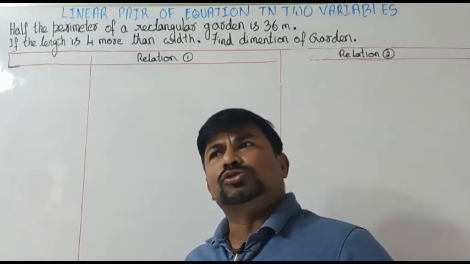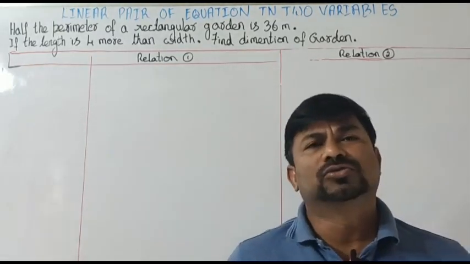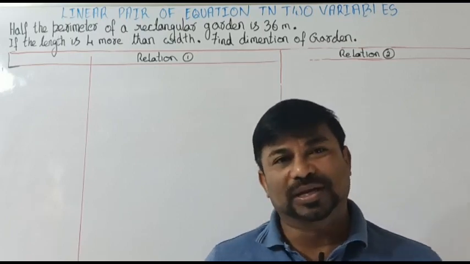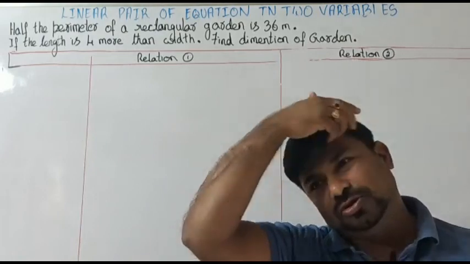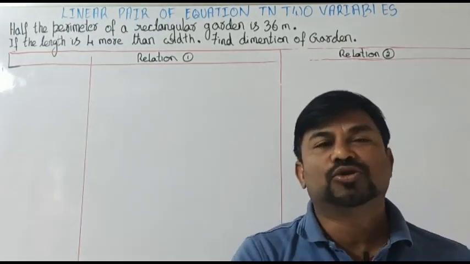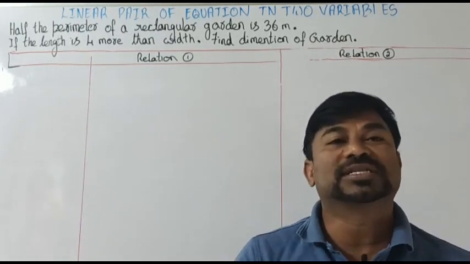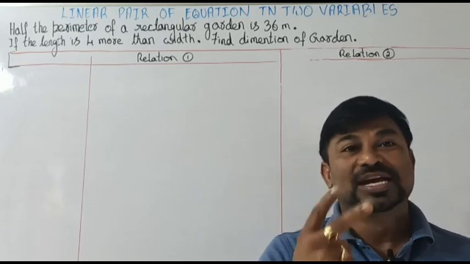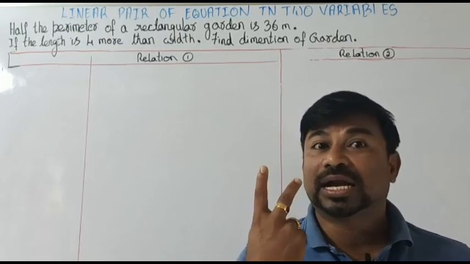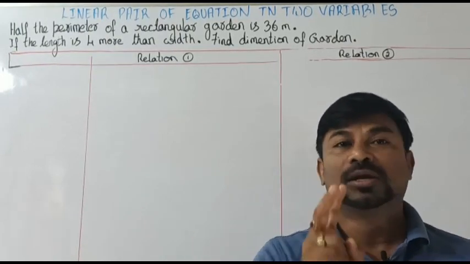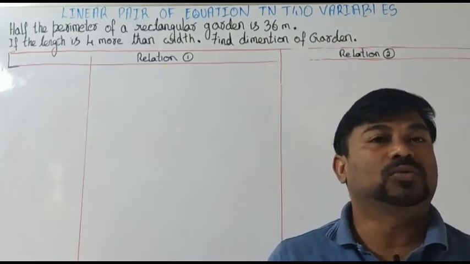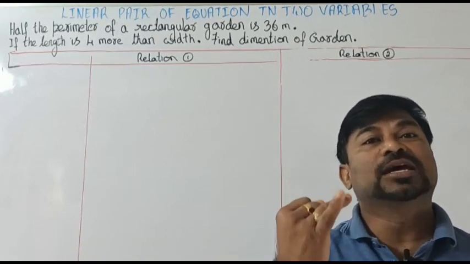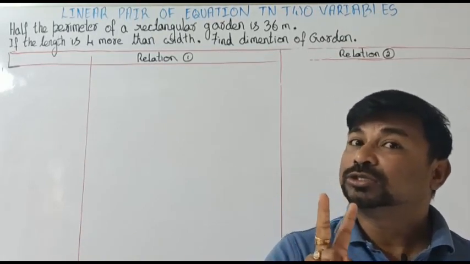In this video, I'm going to talk about a topic related to linear pair of equations in two variables. So here I said linear. As soon as I say the word linear, you have to remember the degree of the variables present is 1. Pair means we are taking two equations. We are not talking about one variable, we are taking two variables. It may be x and y, it may be L and M, it may be P and Q, whatever it might be.